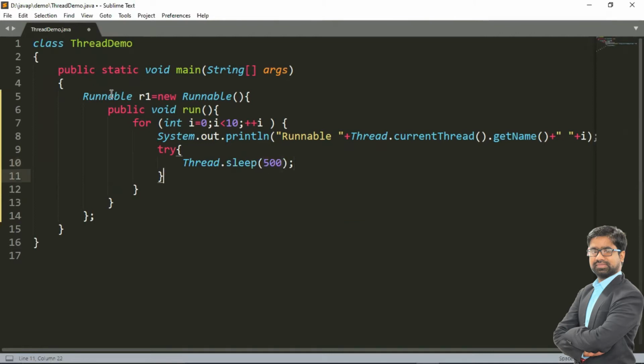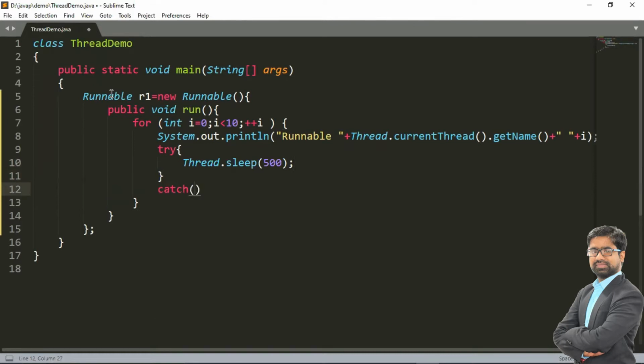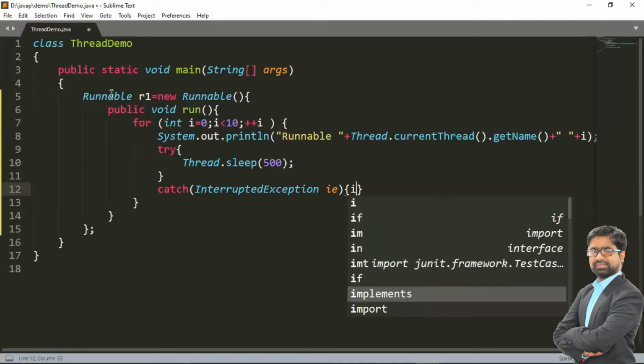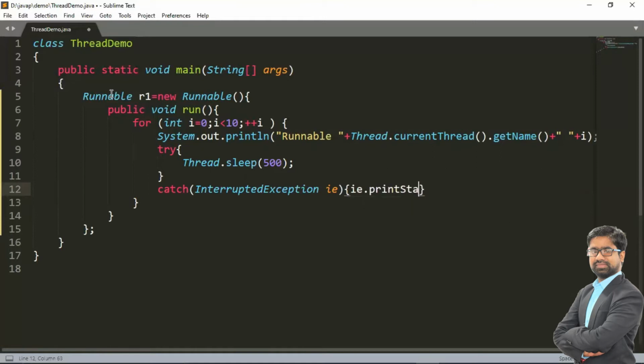Then in the catch block, it may throw InterruptedException ie, and if you want to print that exception, we use the ie.printStackTrace method. So this is the logic for the Runnable interface.